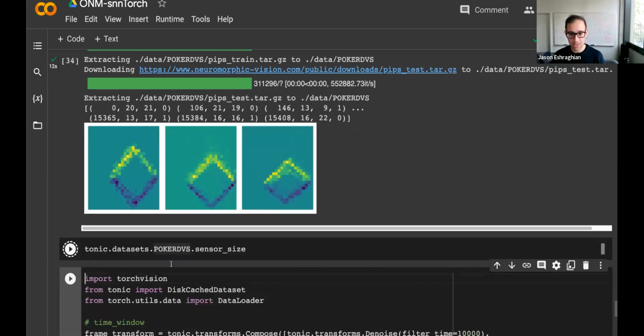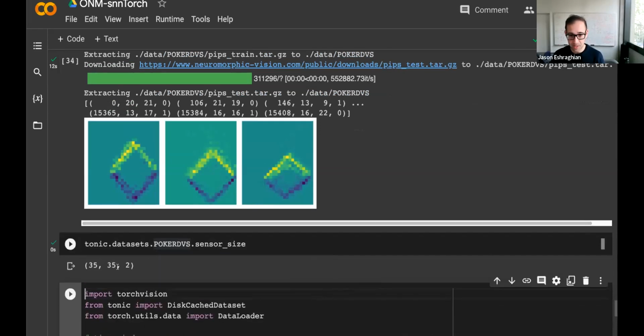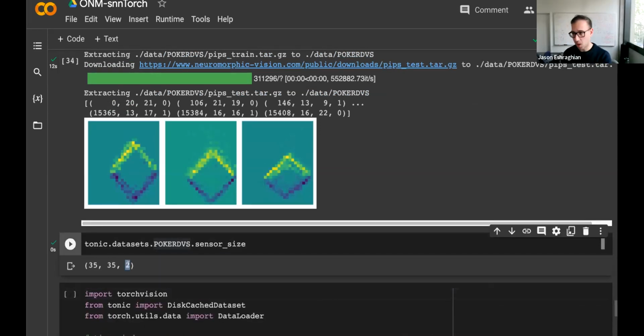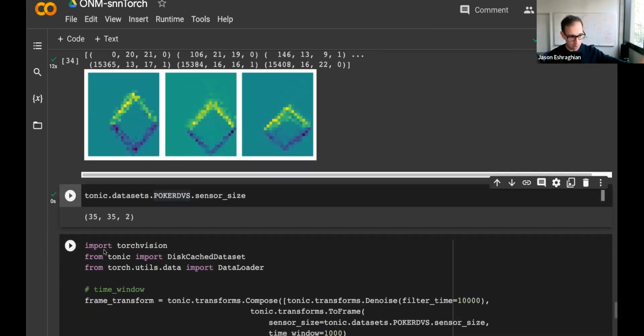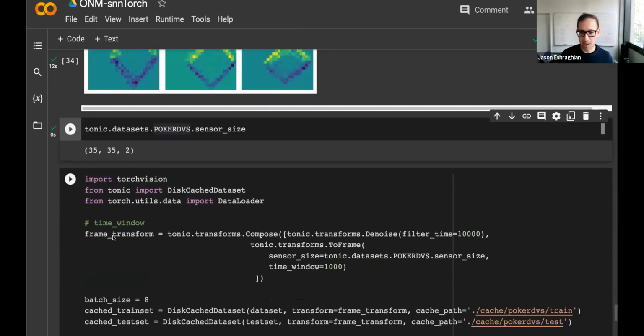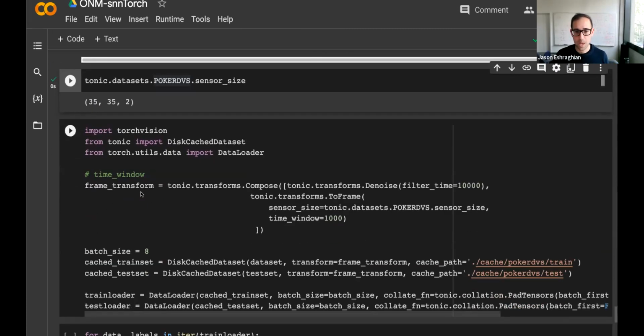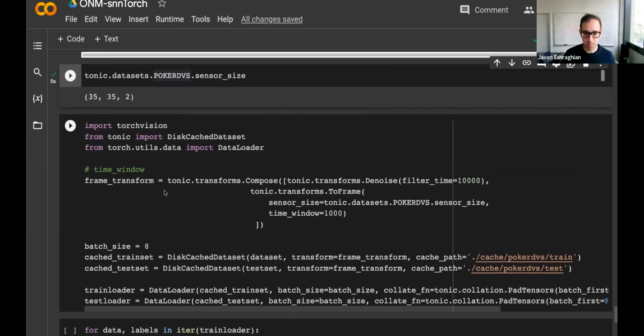We also want to see the sensor size of the data they've given us. So we have two channels, one for on spikes, one for off spikes. Then the data set has, I think, been a little bit expanded from the default version of the data set to 35 by 35. If someone can throw in a link to the original data set by Banabi, that would be awesome, just to give credit where credit is due. And likewise with Tonic, please do throw it in. Gregor, please plug your work, because it is a beautiful piece of work.